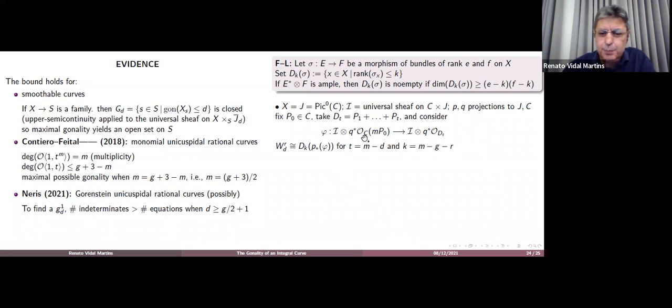And you push forward this map to J, and you're going to have the sheaves E and F. And from this map, if you push forward this map, you're going to have that the Brill-Noether variety is going to be isomorphic to this degeneracy locus whenever T is M minus D and K equals M minus G minus R. So the problem now is to show that take the push forward of this,